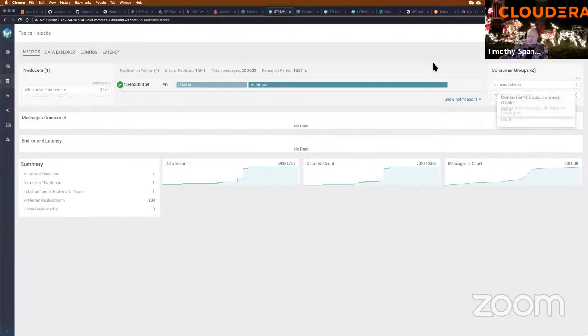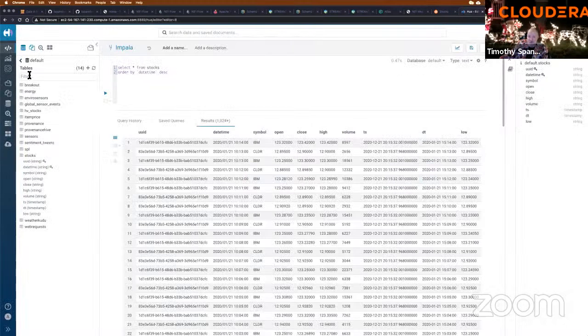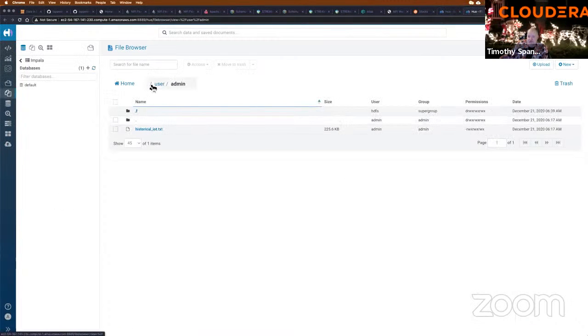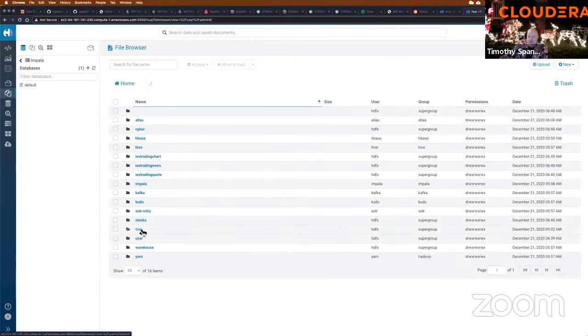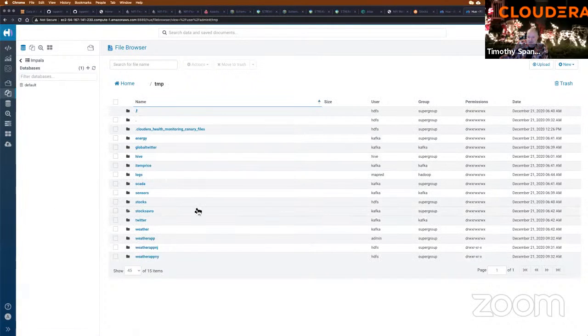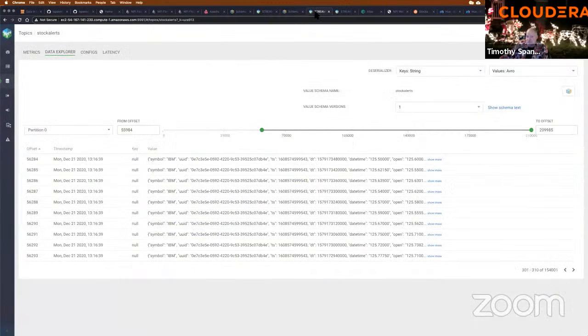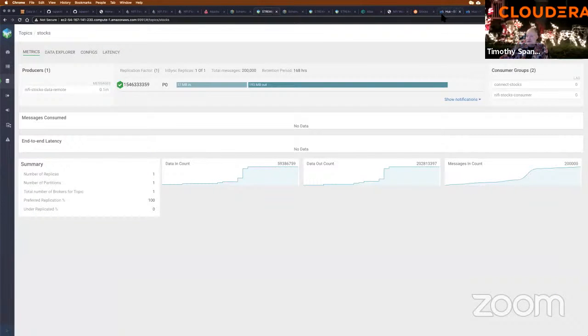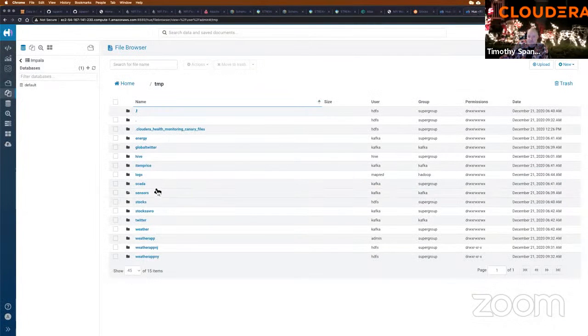I could see a lot of data is going into stocks. Busy day in the market. Probably should have left that up. That was also going to HDFS, and we saw where that was going. That was going to temp and to stocks. We got too many windows open. Let's find out where we are. Stocks,